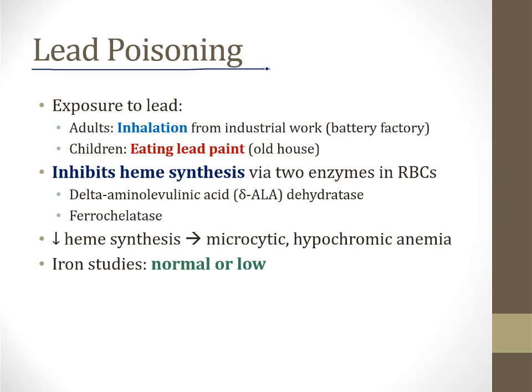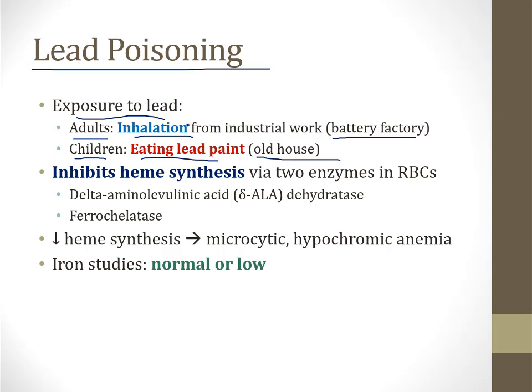Next, let's talk about lead poisoning, which is another potential cause of a microcytic anemia. Lead poisoning obviously occurs in patients who are exposed to lead. In adults, this is usually lead inhalation from some type of industrial work. Battery factory workers are a classic demographic. In children, this often comes from eating lead paint in children who live in old houses where lead paint was